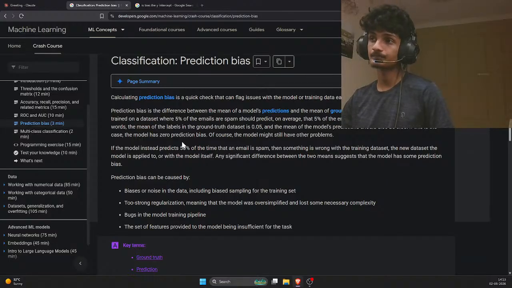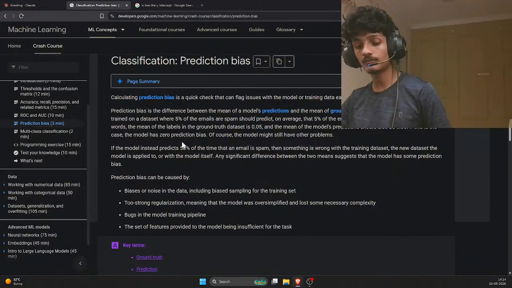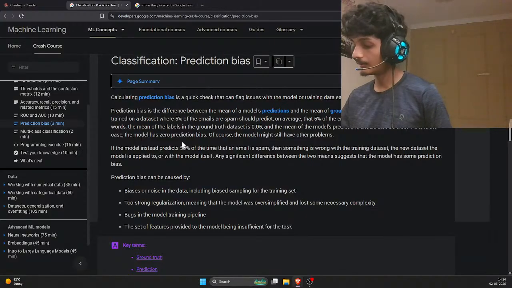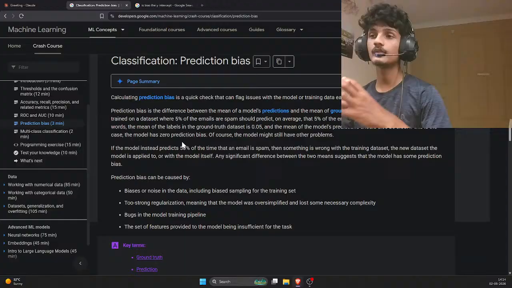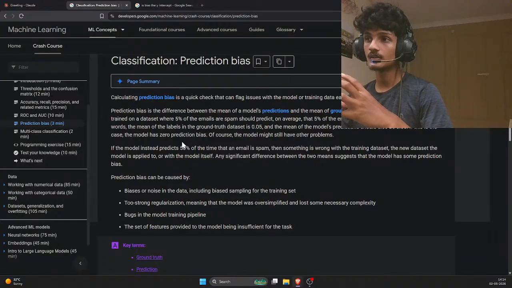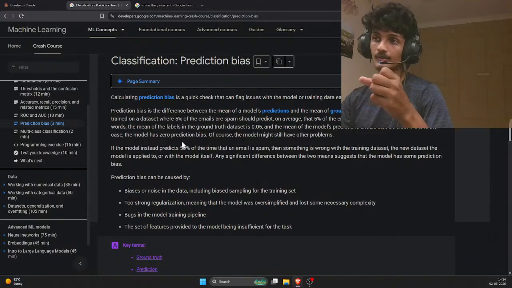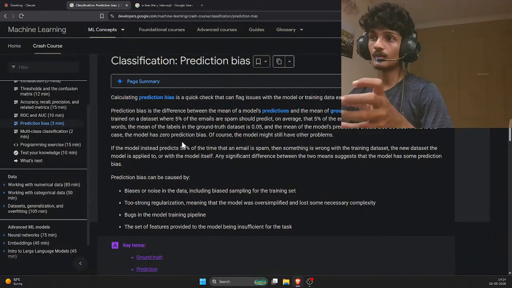The mean should be the same. The mean of 40 by 100 and the mean of the model's prediction, both of them should be equal. If this is the case, the model has zero prediction bias. Of course, the model might